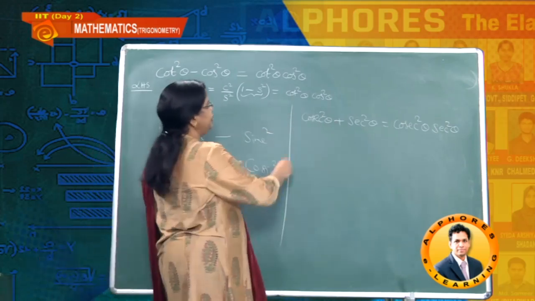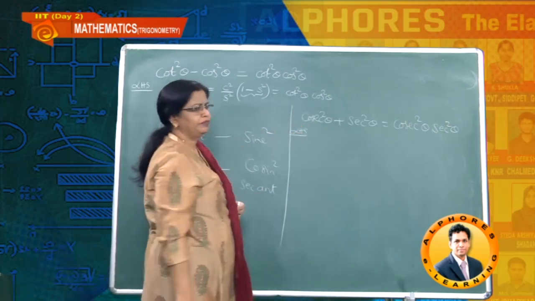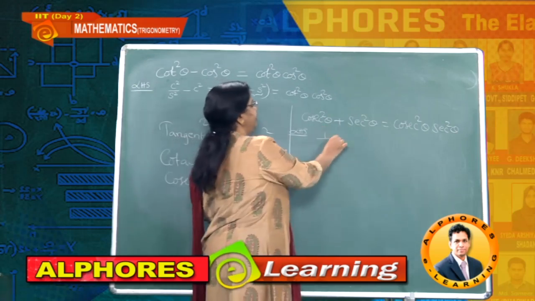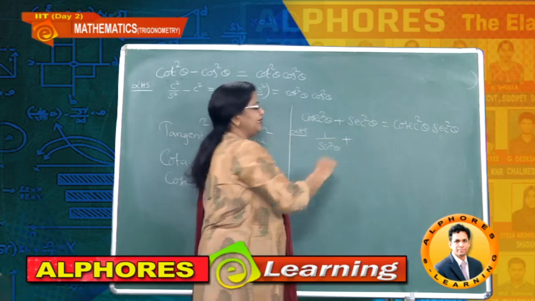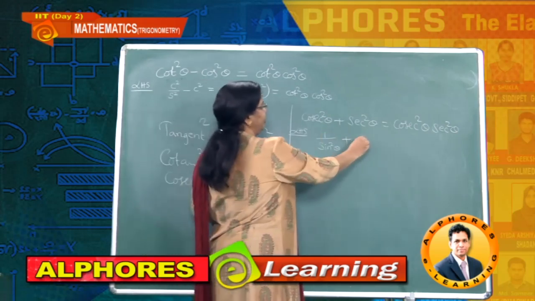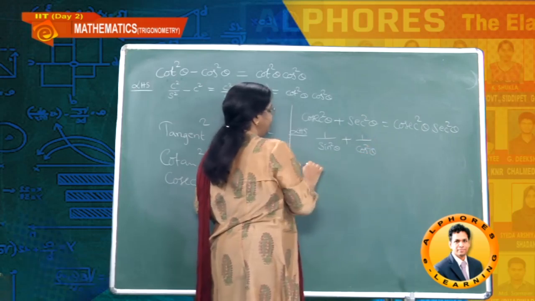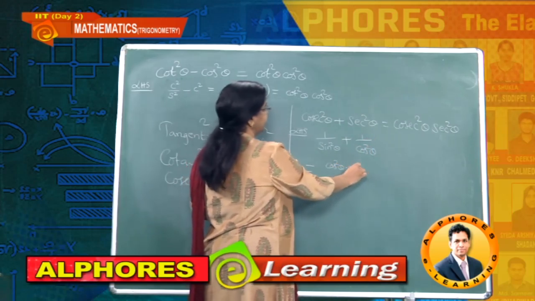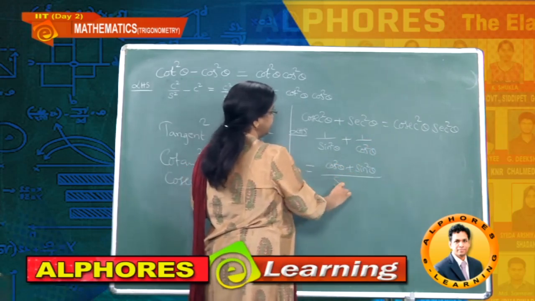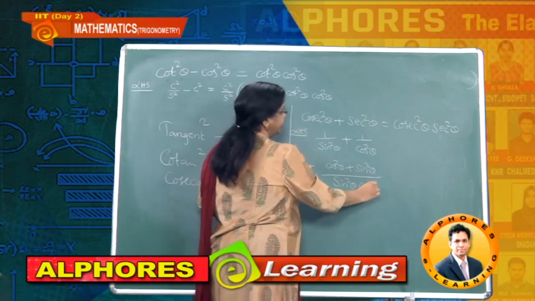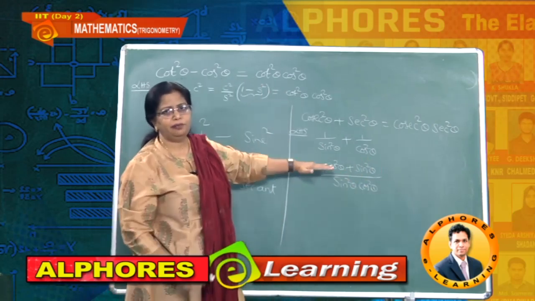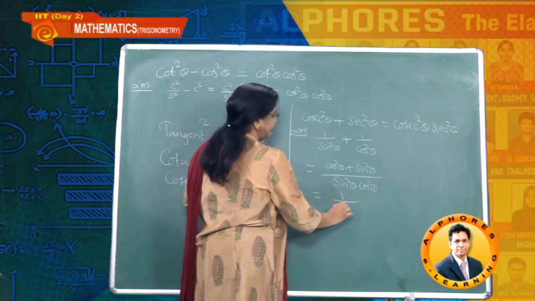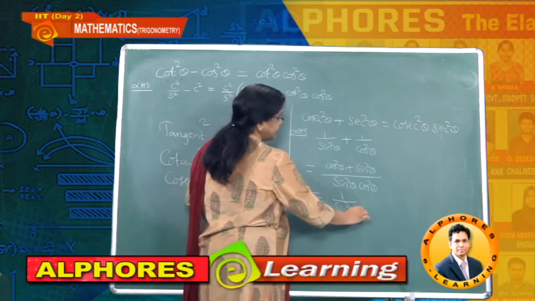Some values you have to remember: cosecant square plus secant square equals this one. And how did we get it? If I take the LHS, that is cosecant square, we observed in the previous session that it is nothing but 1 divided by sine square, and secant square is nothing but 1 divided by cos square. Now let us take the LCM: cos square theta plus sine square theta divided by sine square theta into cos square theta. And again you know the numerator. What is the numerator? 1. So I am writing this as 1 divided by sine square theta into cos square theta.